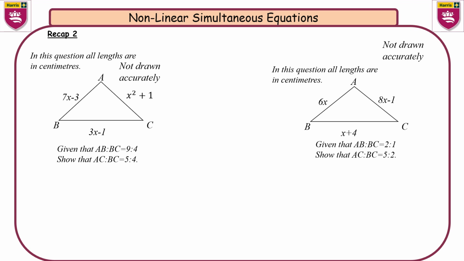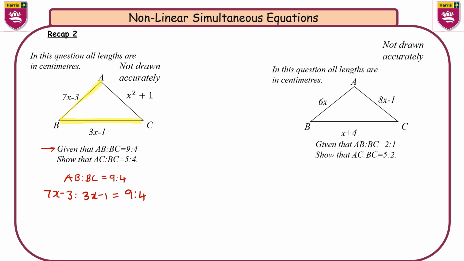So if we just start off with the first one, it is giving us the information that A to B to C is 9 to 4. So the A to B section is going to be this section here, which is from here to there, and B to C is this section here. So that means I need to write down A to B to C is equal to 9 to 4. So A to B is 7x minus 3, and B to C is 3x minus 1, which is equal to